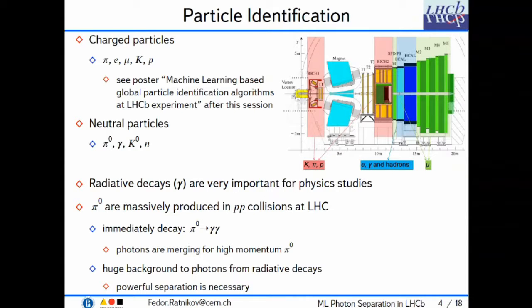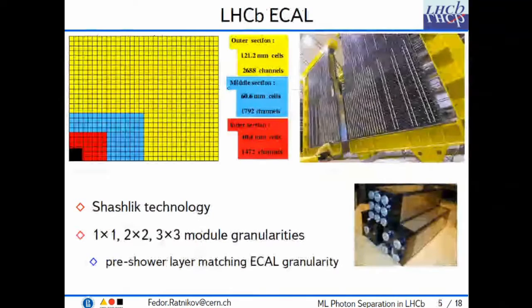So photons from pi zeros give a huge background for those photons from radiative decay, which we study. And so for the reconstruction and identification of neutral particles, we use the calorimeter, and here is